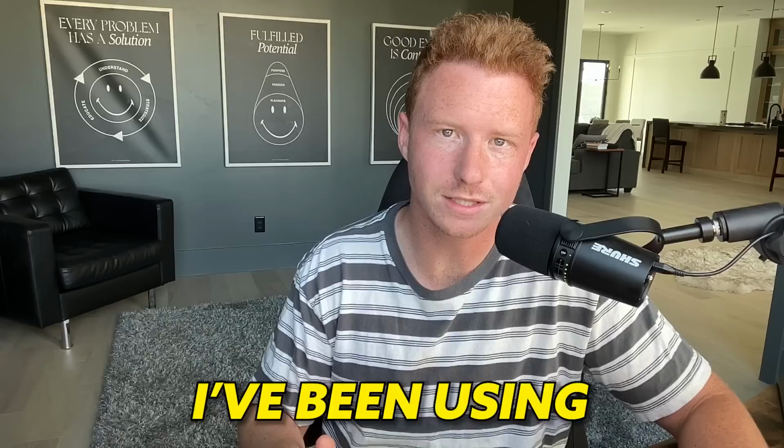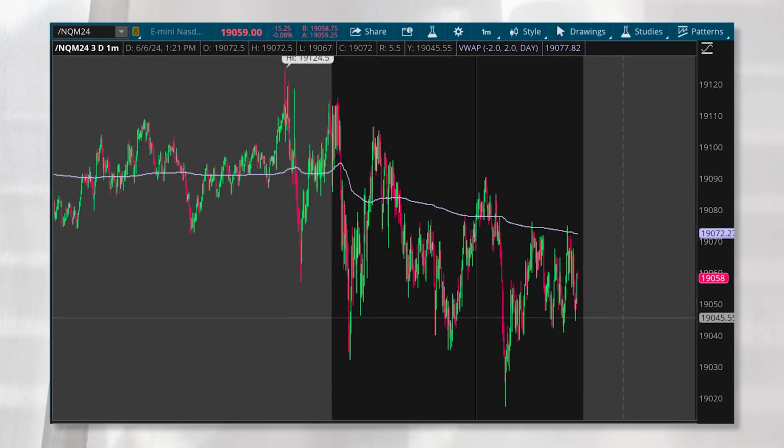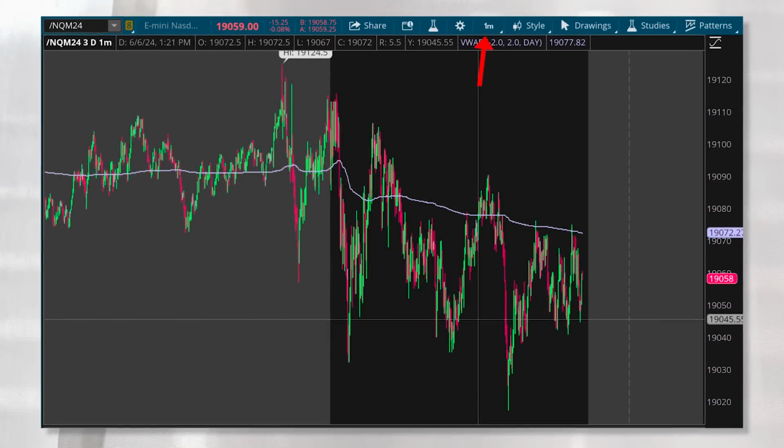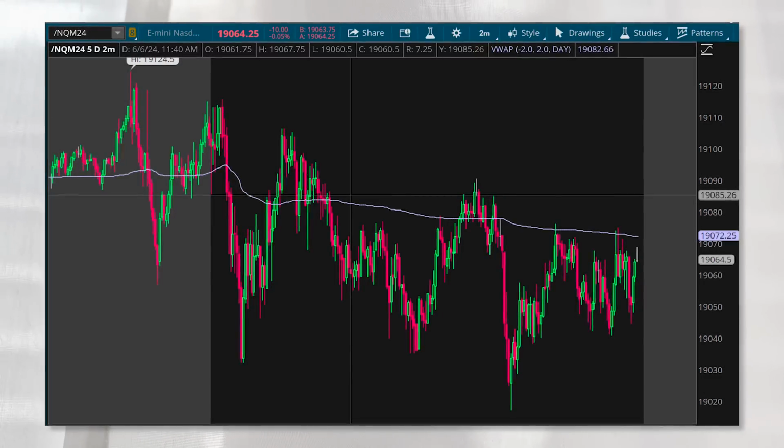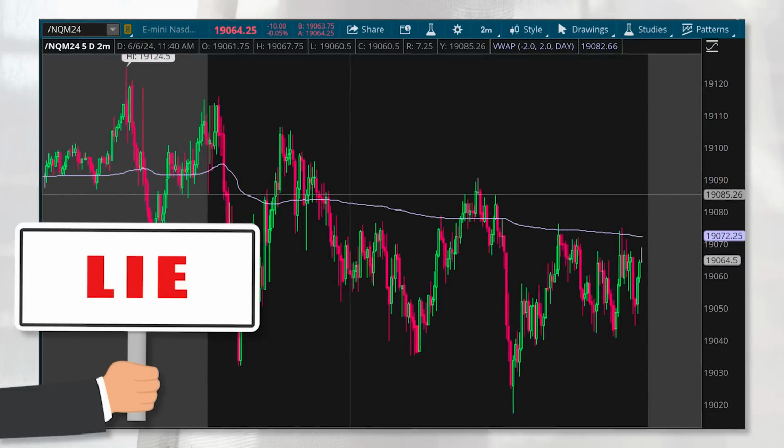So in this video, I want to talk about a pattern I've been using to scalp NASDAQ that's made it a lot easier for me. See, typically when you're scalping, you're on the smaller time frames, right? You're on the 1 minute chart, you're on the 2 minute chart. And when you're on those smaller time frames, price action can lie a lot, especially when it's a more choppy